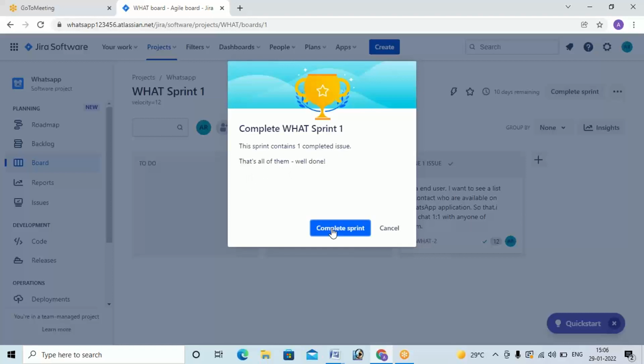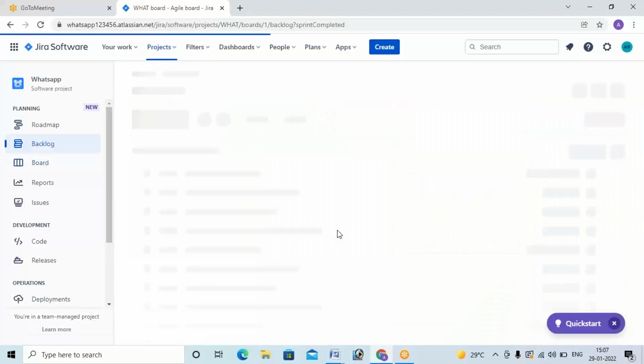See, mostly we will come across a lot of issues, a lot of challenges. Okay, you can say the highest priority requirement can't be completed on time. During that time you can take the help of the remaining people who have completed their tasks. Okay, and you can complete the work within the span of time which was allotted to you. Then here click on complete sprint. Once you click on complete sprint,